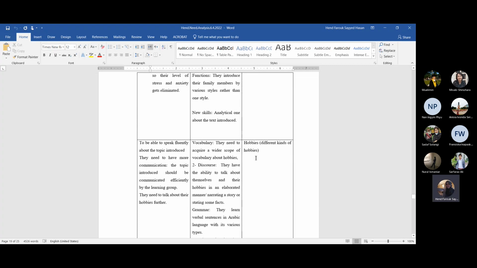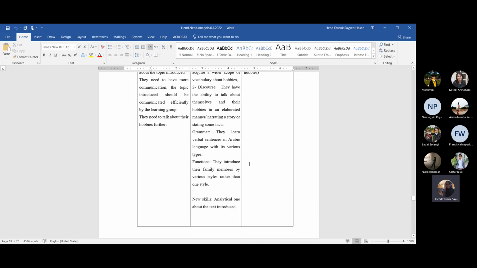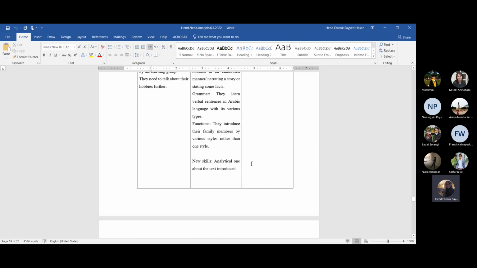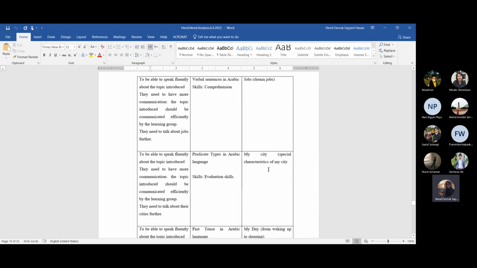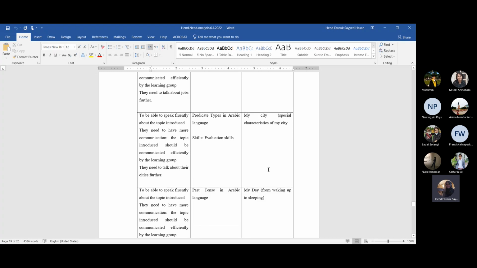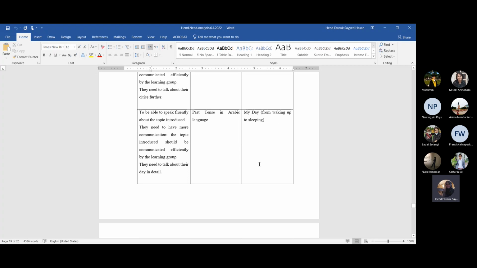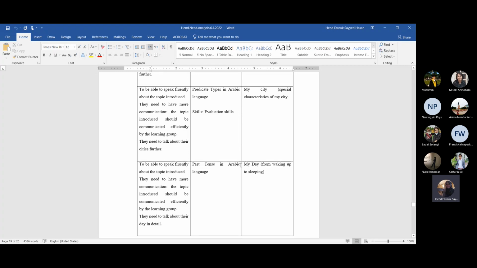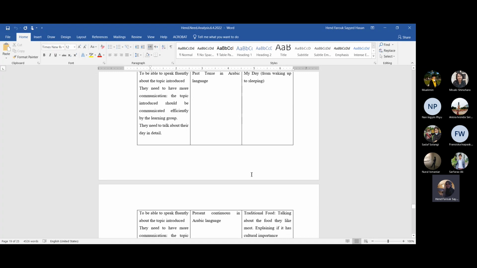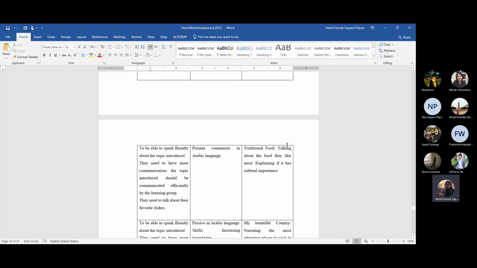For hobbies, they need to speak about different kinds of hobbies, and more sophisticated ones. The third topic is jobs. The fourth one is my city, to talk about their city and its special characteristics, to be able to speak about their day from the very beginning, from waking up to sleeping, in detail. Traditional food: they are supposed to talk about the traditional food that they like most, explaining it if it has cultural importance,